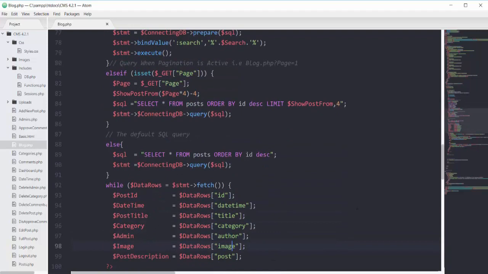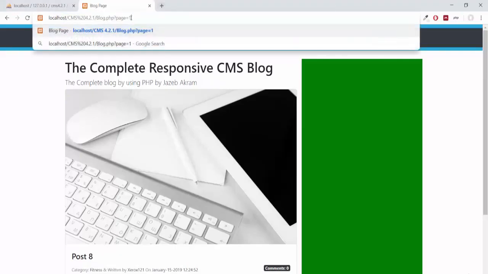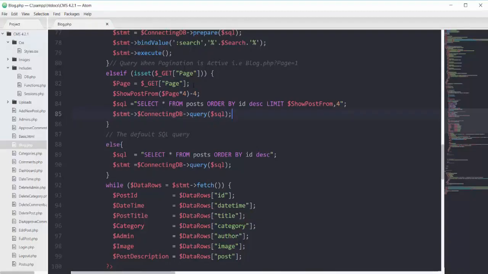Then we will go to the while loop here and we will fetch our data according to the stmt fetch. So let's check it out quickly. If I save this one and give something like page is equal to 1 and refresh, why is it not working? We are showing every single post. I'm mentioning a capital P here, so in order to work, I have to mention the smaller p, because all the alphabets show in the smaller case in our URL bar.